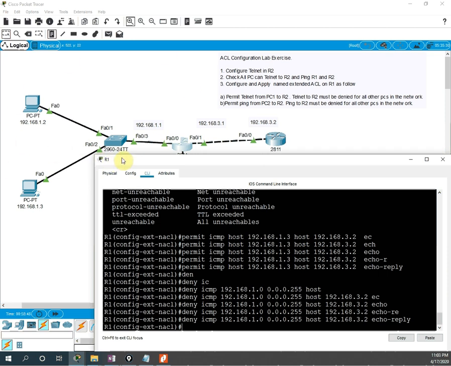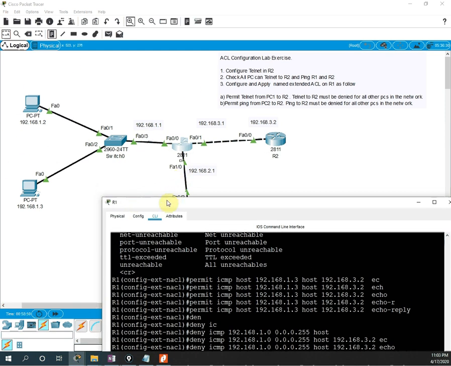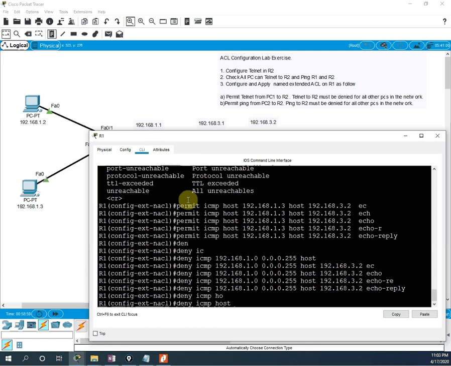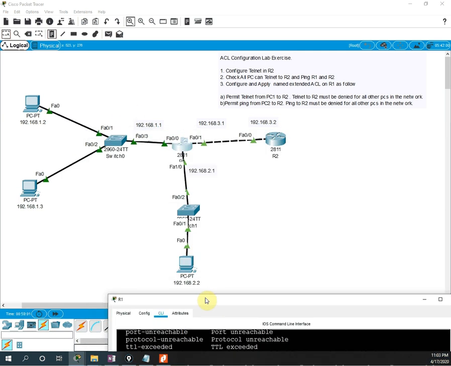Now I need to do this one also. For one PC we can do it, or we can do it for the whole network. So I am denying, deny ICMP. For one PC I will write host. What is the host IP address here? 192.168.2.2.